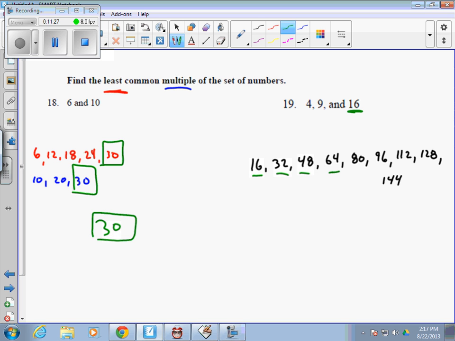9 times something to get 64? No. 80, 9 times something? No. 9 times something to get 96? No. 112. 9 times something? No. 128? No. 144. 9 times